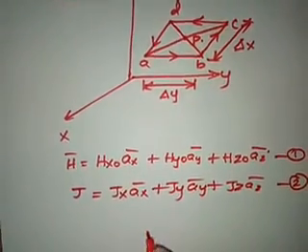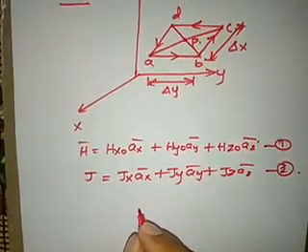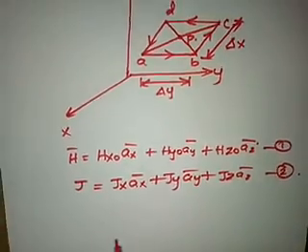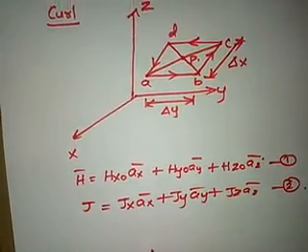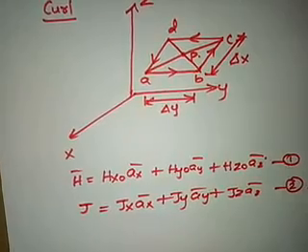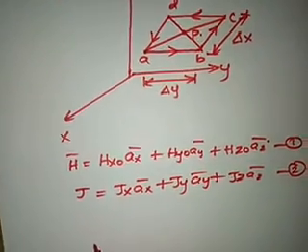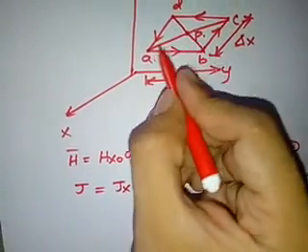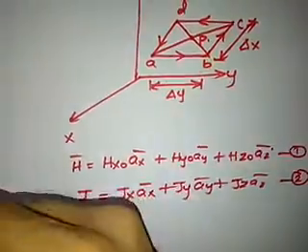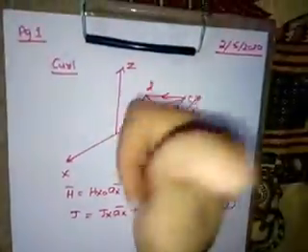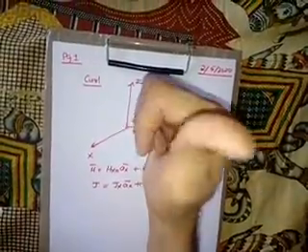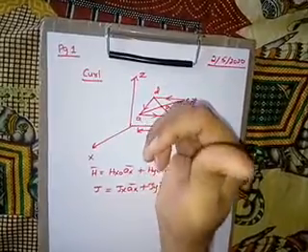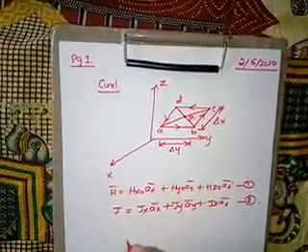Number these equations. Now we have to apply the Ampere circuital law to the closed path and evaluate the integral of H bar dot dl bar, because that is our Ampere circuital law. That is, the closed line integral of H bar dot dl bar is equal to the total current enclosed I. Is it not? So to evaluate that, consider this closed path here. If you see the direction of the current, the curl is like this, so the path will be like this. So it is in the upward direction. The path of current flow is in the upward direction, that is in the z direction, according to the right hand thumb rule.